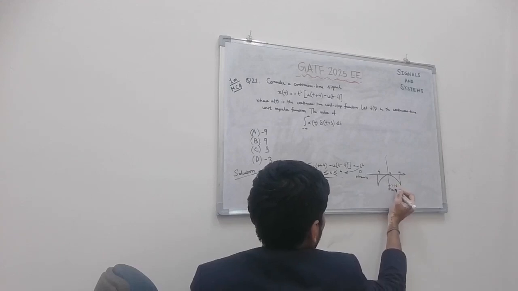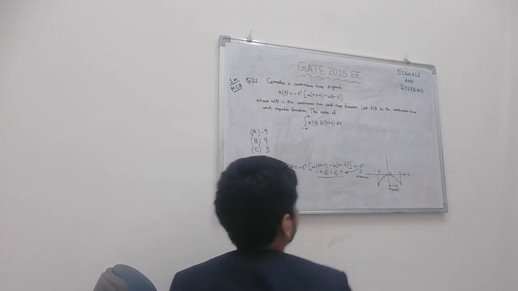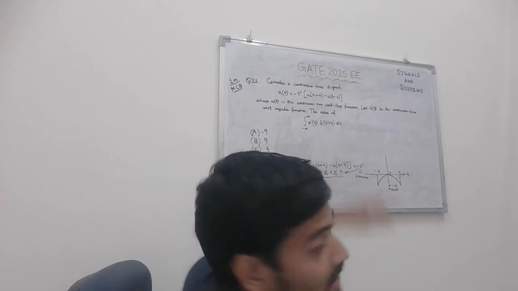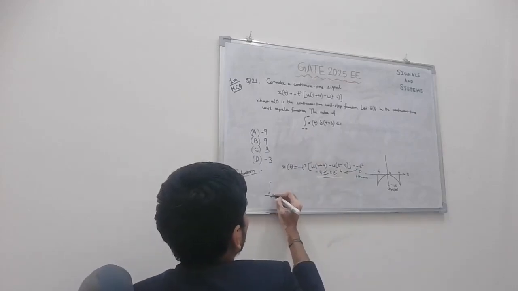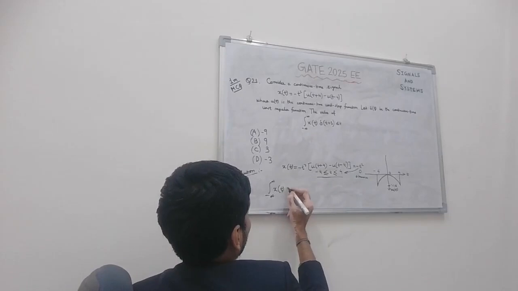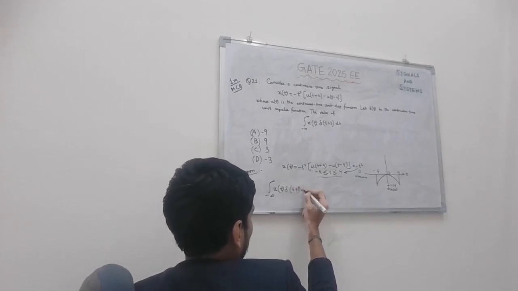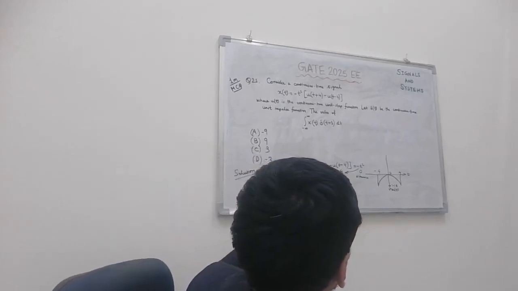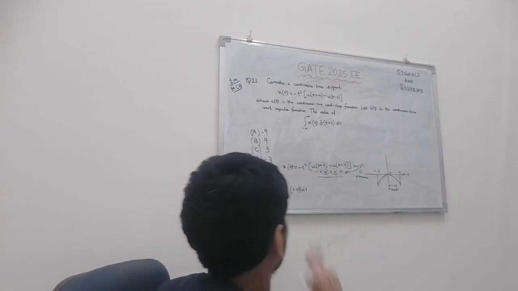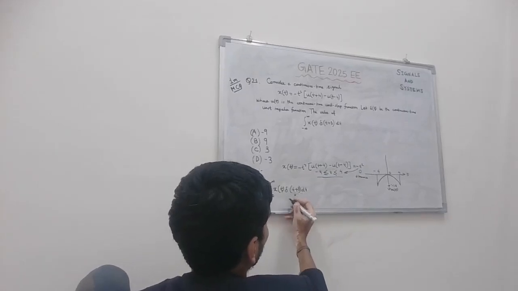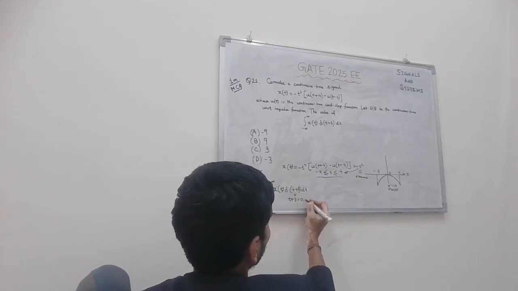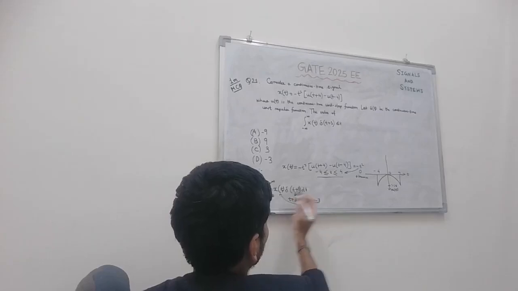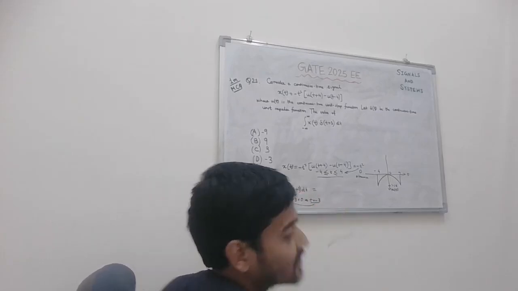That is the definition given for x of t. Now we have to evaluate this integral, minus infinity to infinity x of t delta of t plus 3 dt. Using the shifting property of the continuous time unit impulse function, if we equate t plus 3 to 0, we get t equal to minus 3. We have to simply put t equal to minus 3 in the definition of x of t, and the integral vanishes.